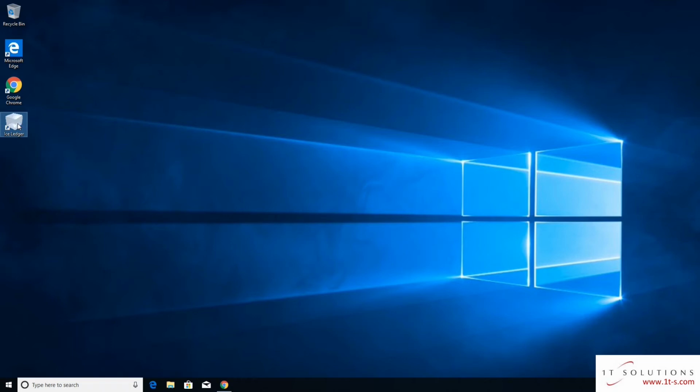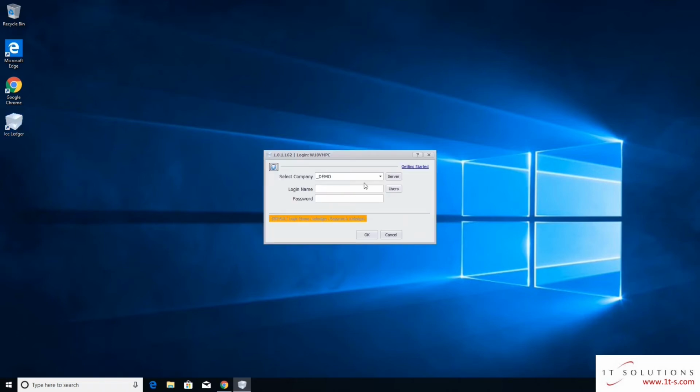The default installation comes with two companies already set up, a demo company and Jorvik. The demo company is designed for practicing various procedures that you're not sure of, and you should not really use it as a live company. So we're going to select Jorvik